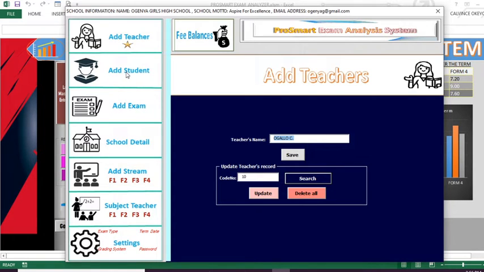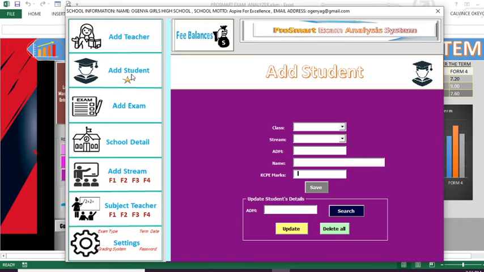Then we can also add students. So when you click this one, you're able to see another page coming up. So here you can add students. So let me add a student. So the class of the students, let's have the students from 1. The stream,